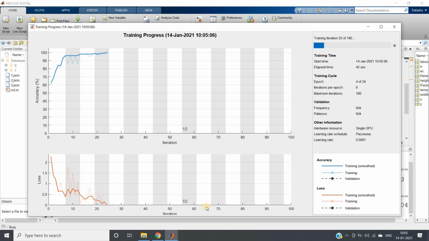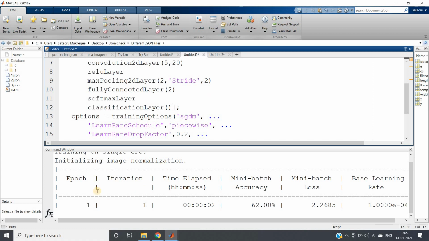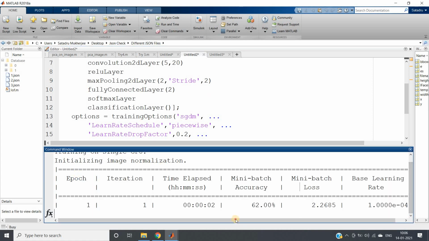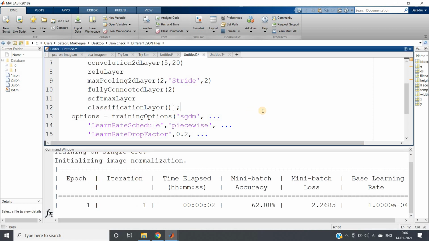See, as the number of iterations increases, the loss is gradually decreasing and accuracy is going close to 100. So we are going in a good direction. And here also you will be getting the same training progress data in tabular format.